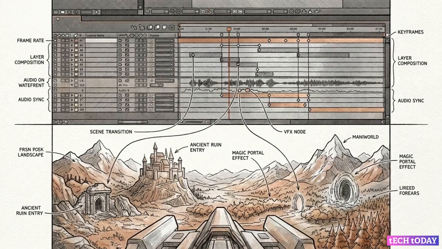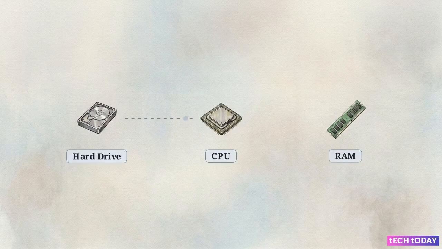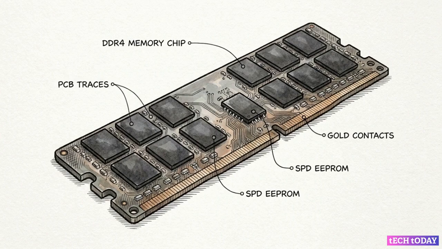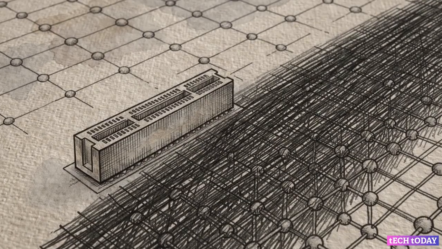When you scrub through a 4K video timeline or load a massive open-world game, your processor isn't pulling that data directly from the hard drive. It's pulling it from the system memory, the RAM, at gigabytes per second. A standard memory stick looks like a flat piece of plastic and silicon, but dive down to the nanometer level,